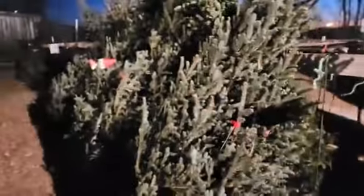So nice selection of trees. We were not able to get as many as we wanted to in the sizes we wanted to this year. So we do anticipate running a little short of some sizes in certain types, but we should have a nice selection of trees through the weekend and into the beginning of December for you to choose from. We aim to always try to have enough, but we never are quite able to guess just how many we need. So we do the best we can, and we did fight a little bit of a shortage this year, but we did all that we could. I reached out to a few other vendors and was able to snatch up a few extra trees. And I did what I could to at least get close to the number that I wanted for this year. So we're going to go back inside,